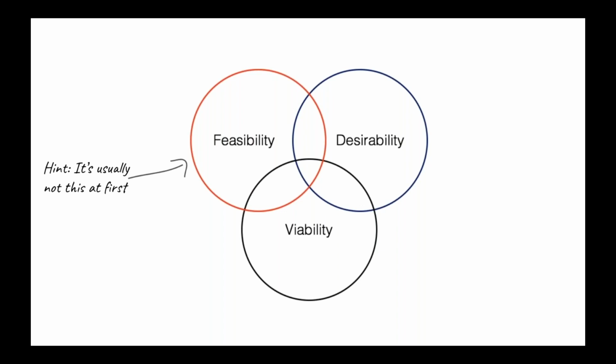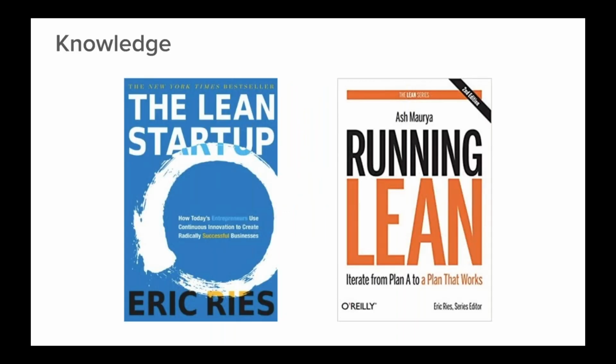But let's get down to even more nuts and bolts. So we can talk about two, what I would call sort of Bibles of startup. Hopefully most folks have seen this, but if not, it's a great chance to read these. The Lean Startup by Eric Ries talks about prototyping and iterating to a successful startup. And Ash Maurya's Running Lean is a great book that's really tactical. It's almost like a workbook for the Lean Startup that guides you through steps you can use to assess, analyze, plan out your startup. And we're going to use some of the items from Running Lean as a framework